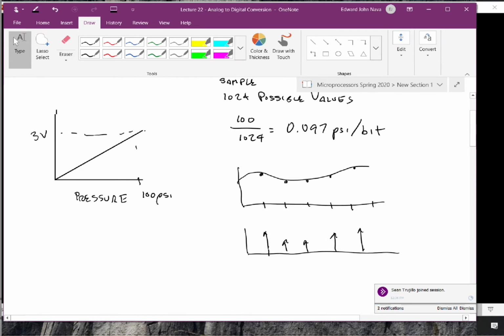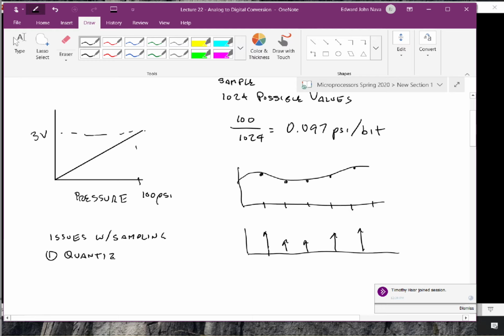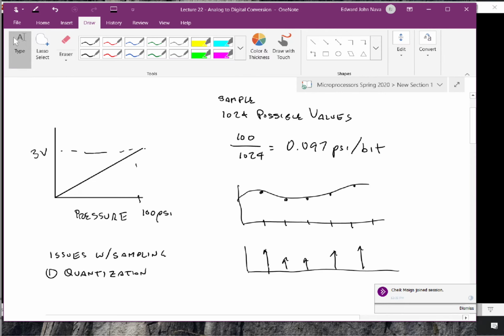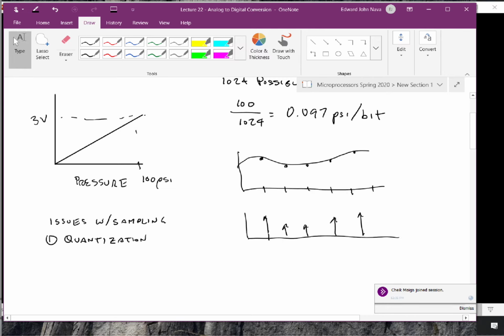So one of the things I have to worry about when I'm sampling a signal, so I'll say issues with sampling, and one of them is quantization. Now let's say I wanted to measure 1,000th of a psi, and I have my 1024 possible values. I'd say, well, I have an issue there, and that's what we talk about when we talk about quantization. What is the resolution, the finest resolution